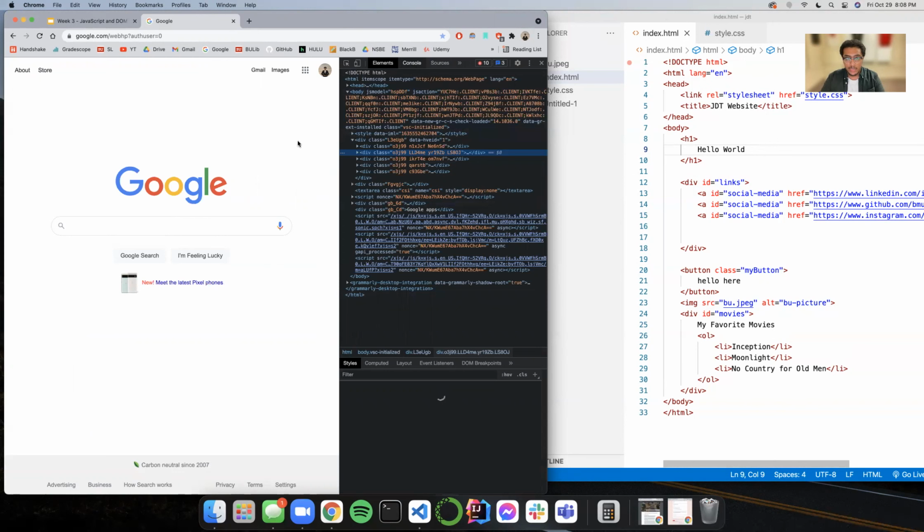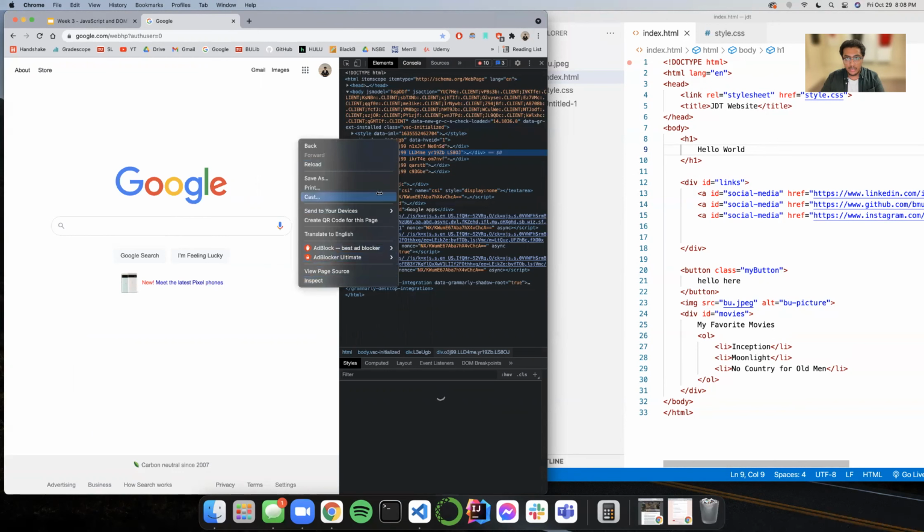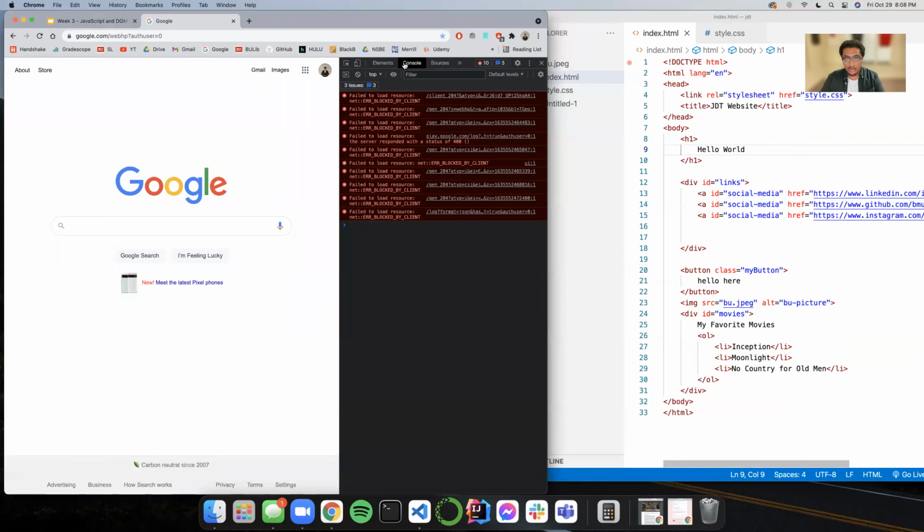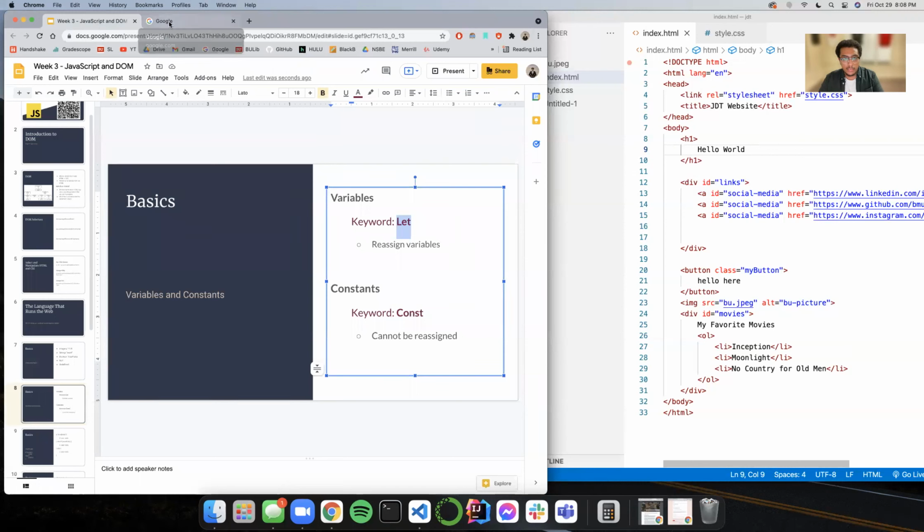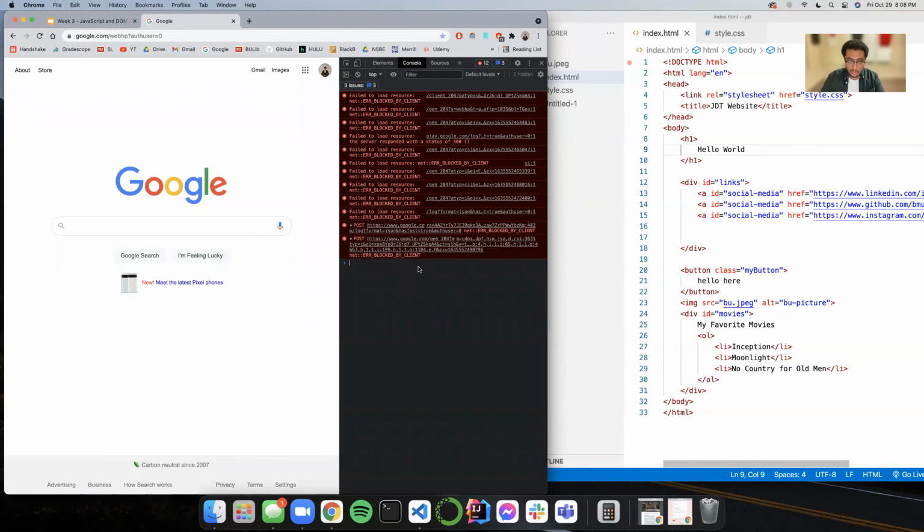You just right click, then inspect, and then you go to the console. And in the console, you can actually write a bunch of things. So let's write some JavaScript code where we create a variable using let and const. And now that will give you an example of what the difference is. So let's just say let